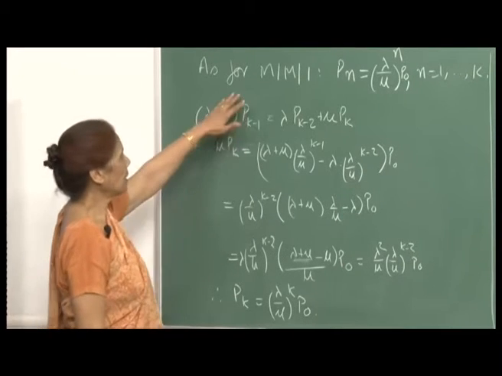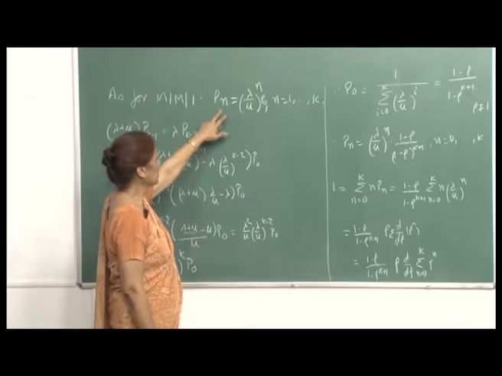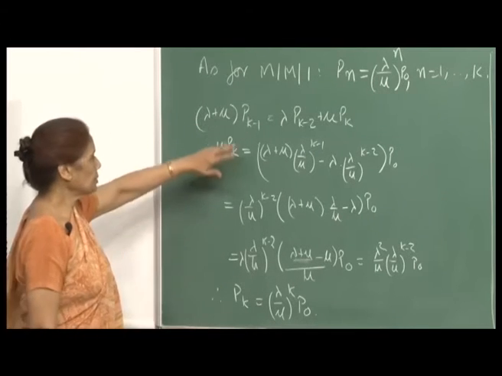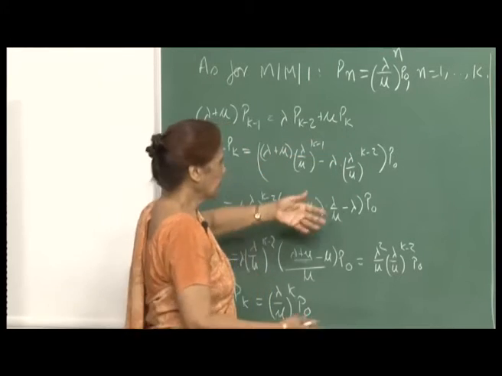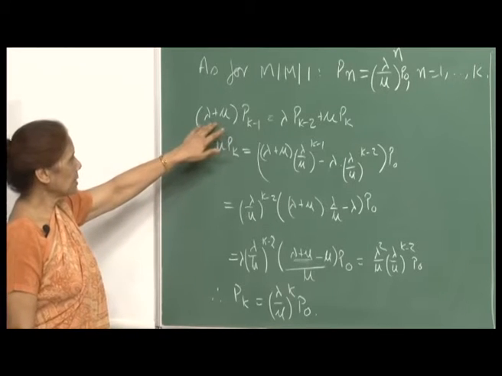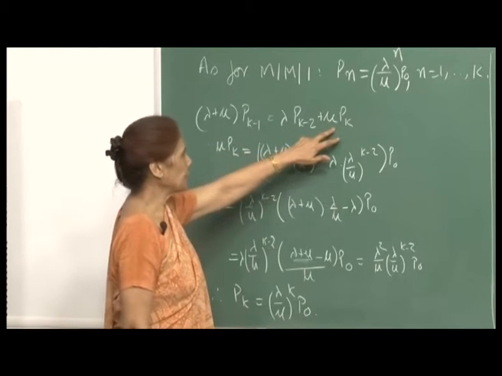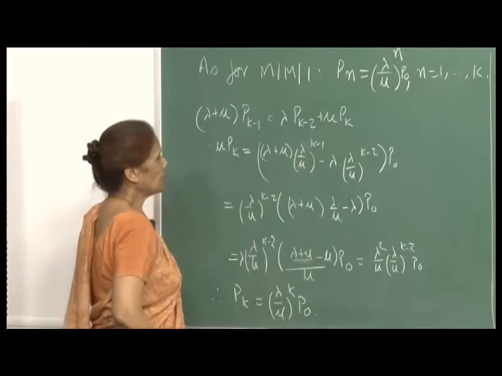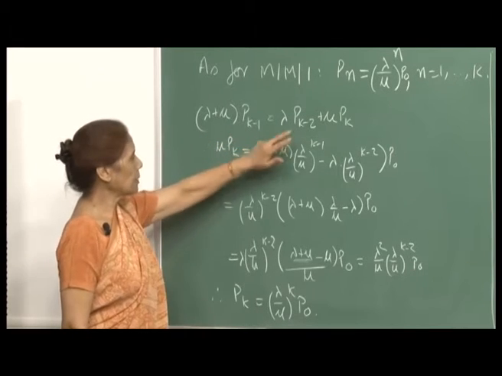Just as for the MM1 model, we will solve those balance equations and you will get P n equal to lambda by mu raised to n times P naught, n varying from 1 to k. Let me show you the calculations. As I told you, the last equation will not be needed; the last but one equation will give us the value of P k. The last but one equation is lambda plus mu times P k minus 1 equal to lambda P k minus 2 plus mu P k, right, because when there are k people in the system no arrivals are allowed. Since you have obtained the formulas for P k minus 1 and P k minus 2,